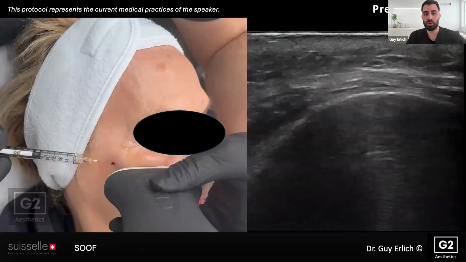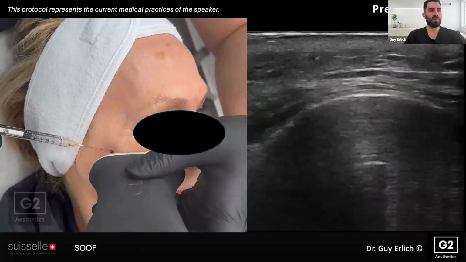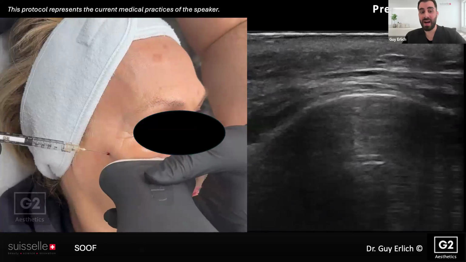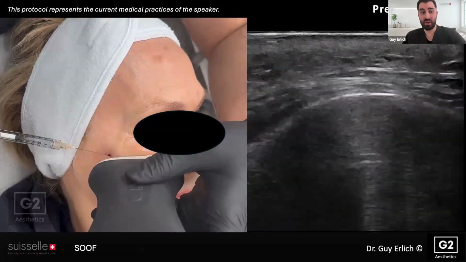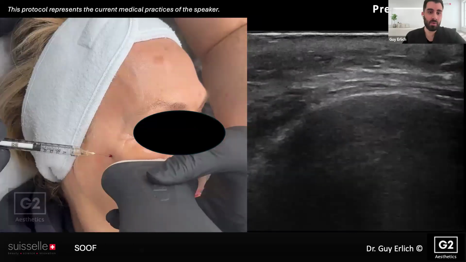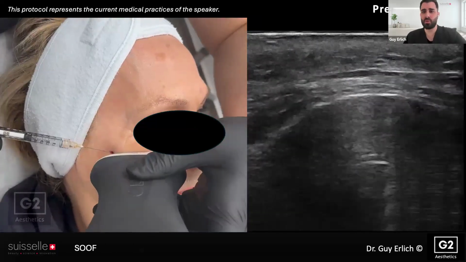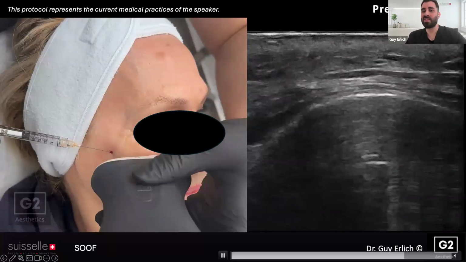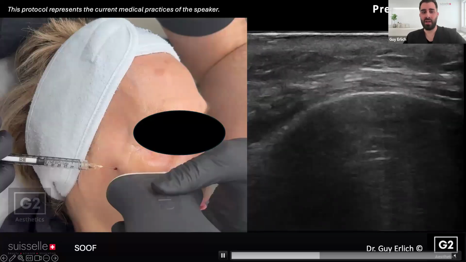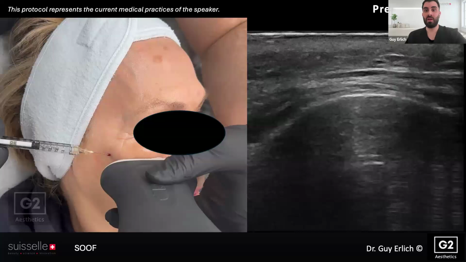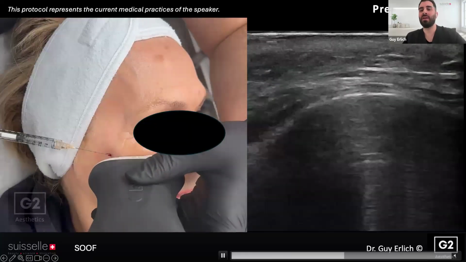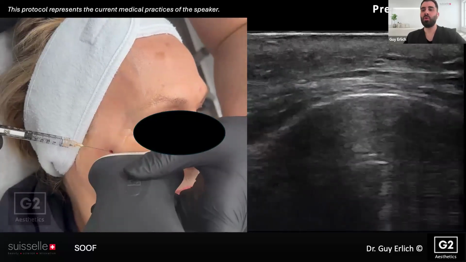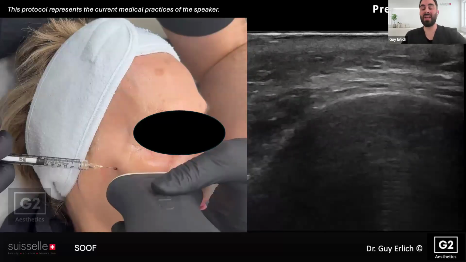On the contrary, when I want to use Cell Booster Shape for SUF atrophy, for the SUF layer, then I'm using a cannula. The reason is that the SUF is much bigger and it's much easier to target with a cannula. I'm not always using ultrasound. This ultrasound was only to show you the location of injection, which is actually quite superficial in the area of the SUF. So it's not a superficial fat bed, it is a deep fat bed, but I am not reaching the bone. I am a bit more superficial to target not only the fat bed, but also the edema, because